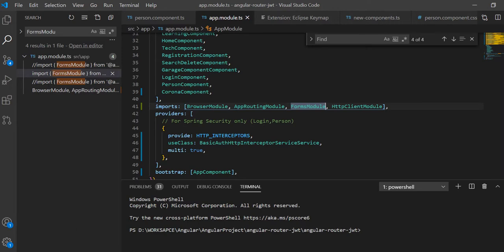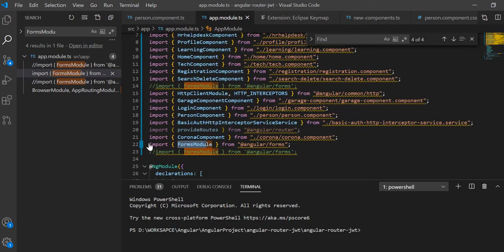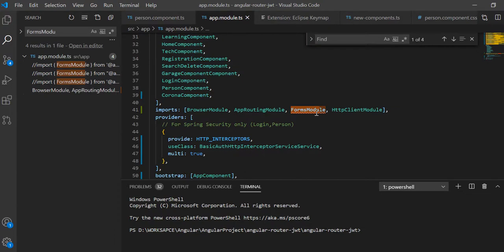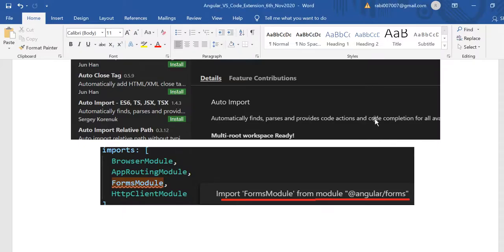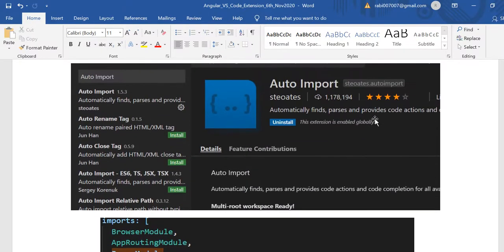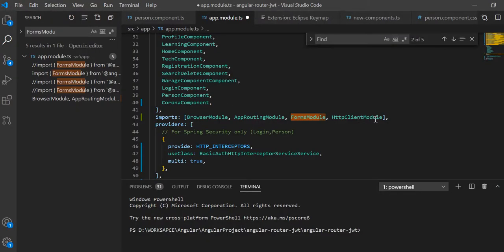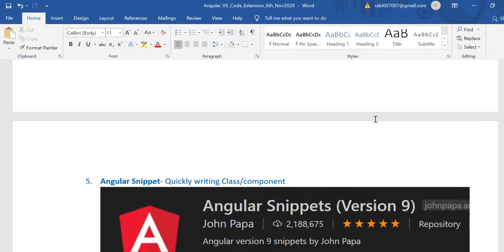I need to import it, so let me comment it out. So how will I get it? For forms module, if we just press Control 1, it will import, right? It will automatically import. So we can utilize this. You don't have to import explicitly, it will be automatically imported.